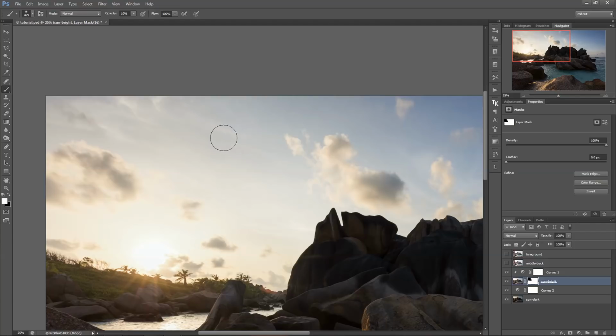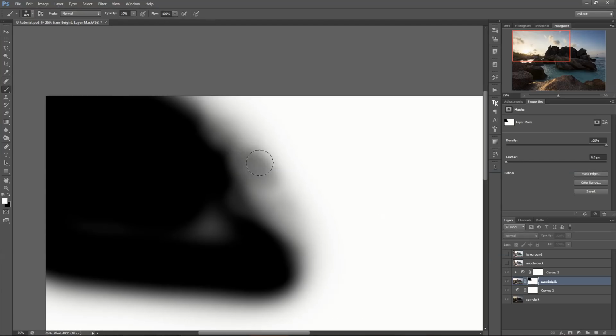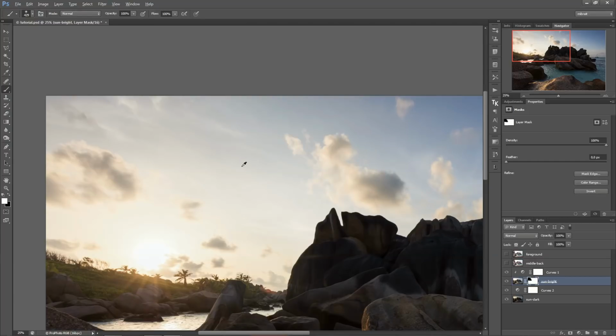So this is what I do now. Let's look at the mask. So what I'm doing, so I'm basically, let's first fill this up here. So I'm basically smoothing out this transition a bit, and by darkening and brightening I get a very clean transition here. So let's undo this, maybe use 10% and try to get this